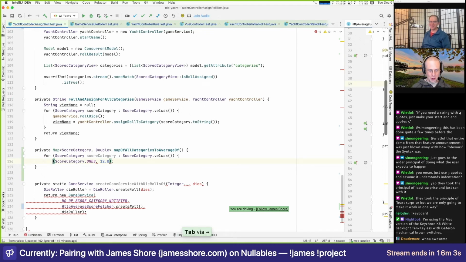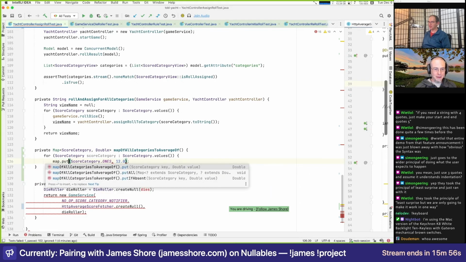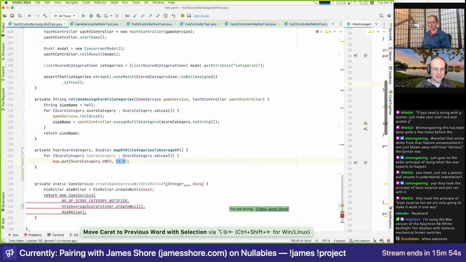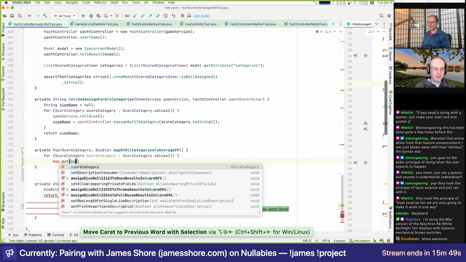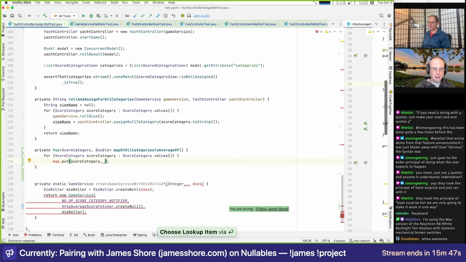I'll do that for one, maybe two, but beyond that, I'm going to write some code. So here I would maybe do it for 3 or 4. I'd like my test to be super explicit, but probably wouldn't do it for all of them. So this is score category, and this is